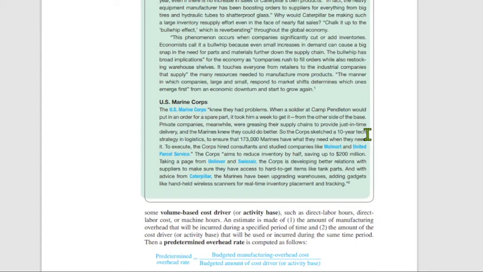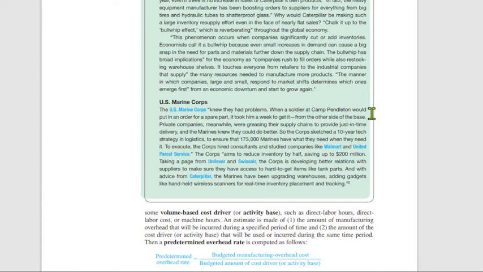The U.S. Marine Corps knew they had problems. When a soldier at Camp Pendleton would put in an order for a spare part, it took him a week to get it from the other side of the base. Private companies, meanwhile, were greasing their supply chains to provide just-in-time delivery, and the Marines knew they could do better. So the Corps sketched a 10-year tech strategy in logistics to ensure that 173,000 Marines have what they need